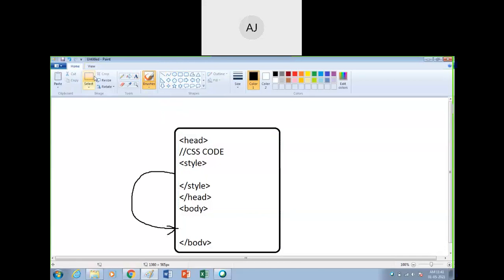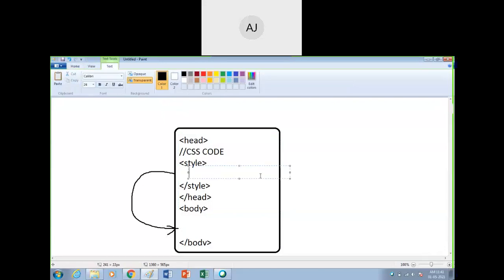Now what are the things you can use here? If it is an element selector, you can use the direct element name, h1, then opening and closing, then use property 1 colon value 1 semicolon, property 2 colon value 2. You can go on writing this, if it is an element selector. What if it is a class selector?